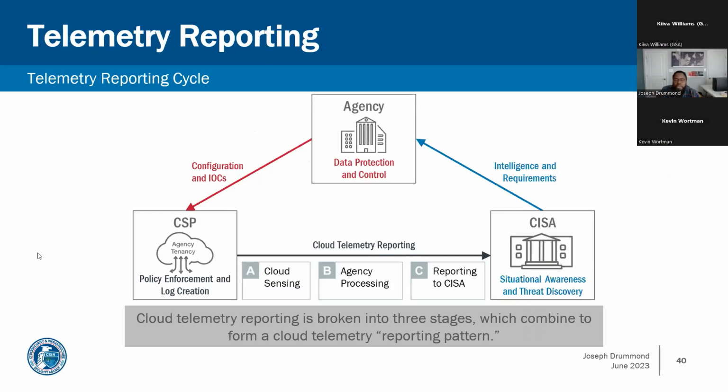Right, and this goes through the order of operations, if you will, in this workflow, where we, being CISA, would send over intelligence requirements, or specifically log elements. We would leverage something like EVRF, the Extensible Visibility Reference Framework, to inform what telemetry we need to collect from a threat perspective. We would pass those requirements over to agencies, who would work with the vendor, or not, because most agencies do this within their own shop,